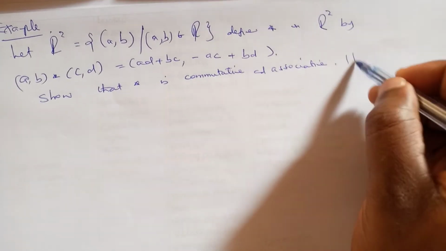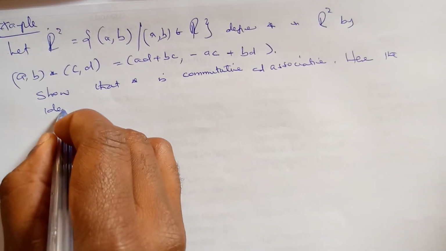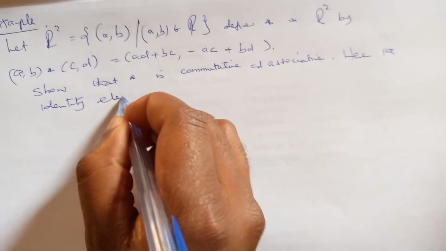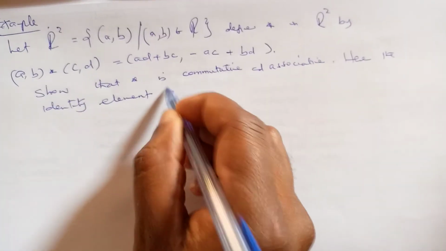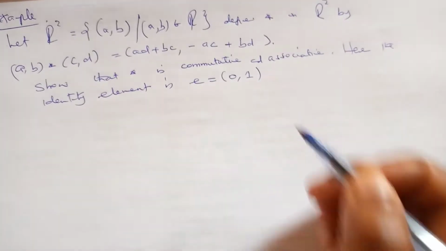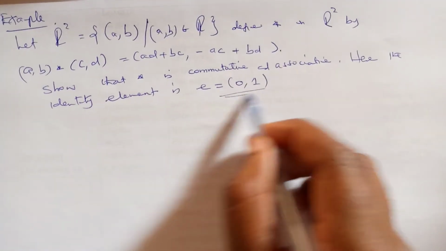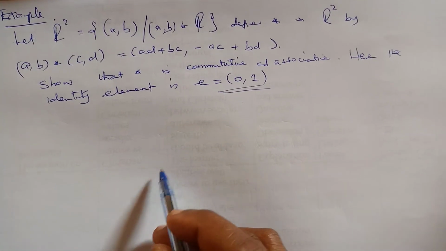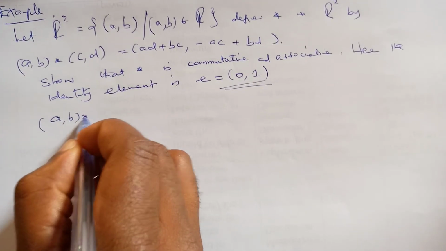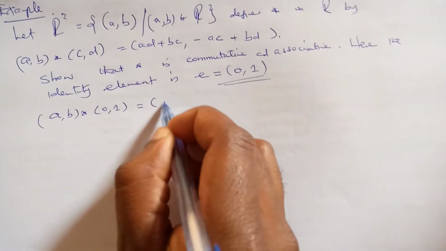Here, the identity, the identity element is E equal to (0, 1). So if we can show we have this identity here, you can show clearly that if you take (A, B) and we operate it by the identity, by definition,